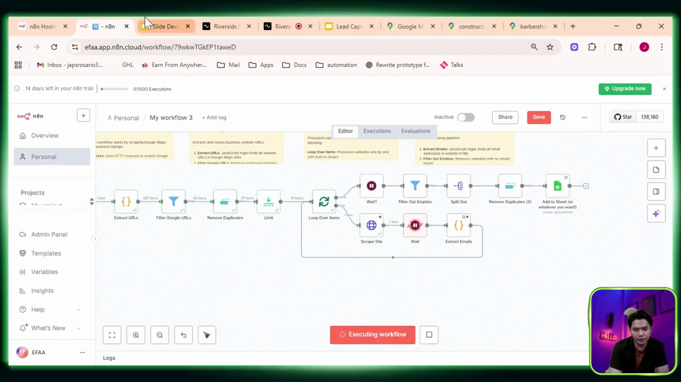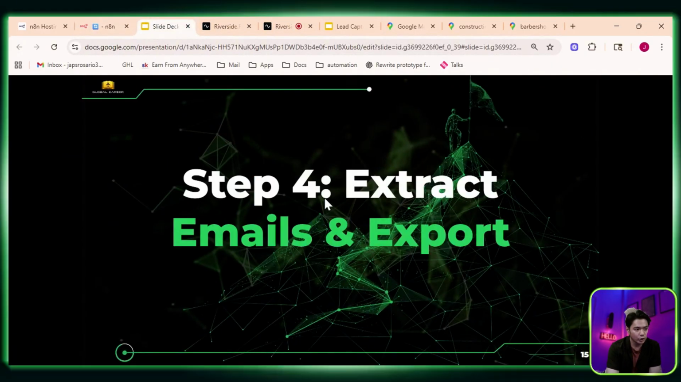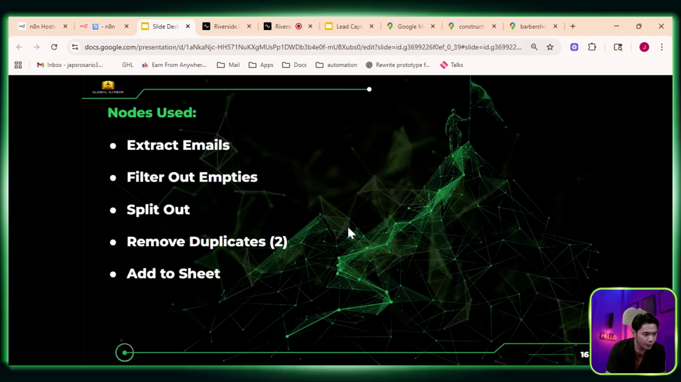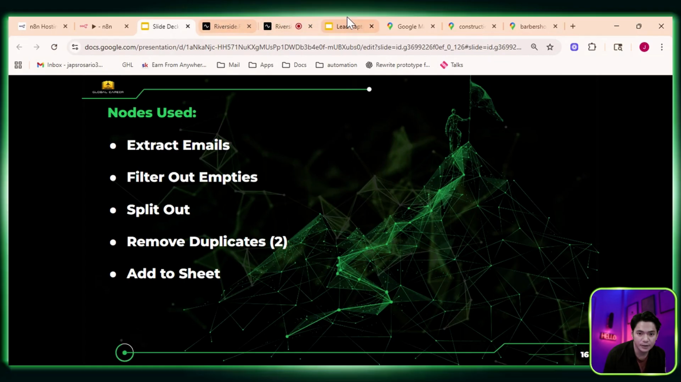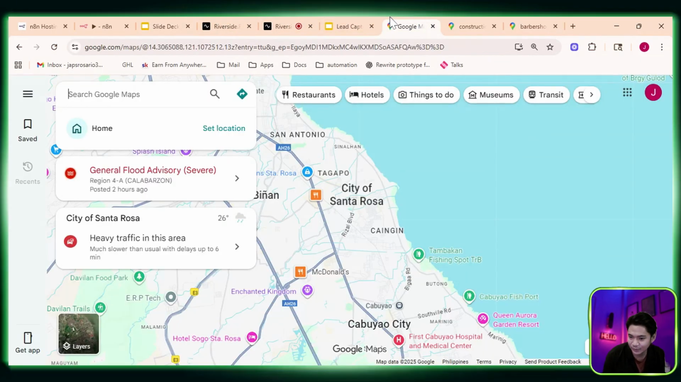Yeah. So next one is extracting emails and export. So regex scans each site's HTML for emails. Empty results get filtered out. Multiple emails are split into rows and duplicates removed. And finally, everything is exported to Google Sheets. So let's see if maybe it doesn't find anything about barbershops. That's why,